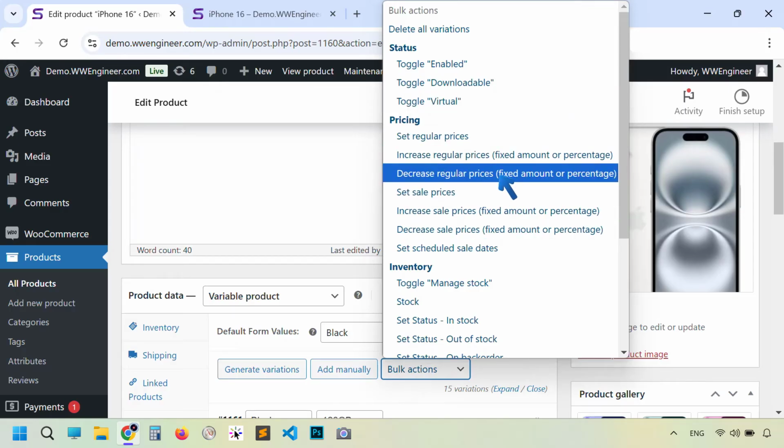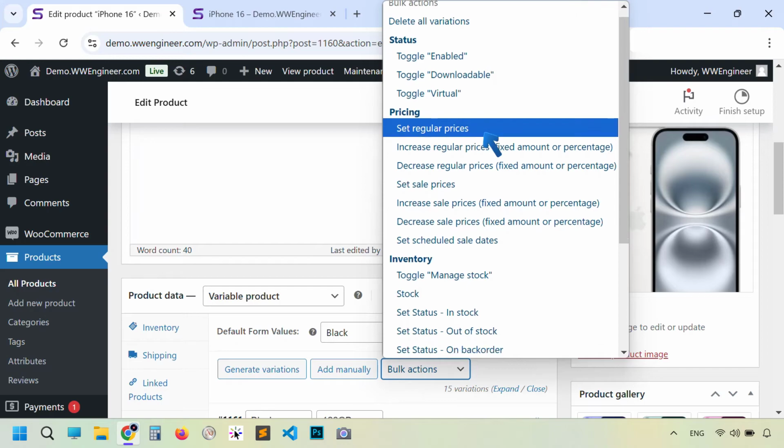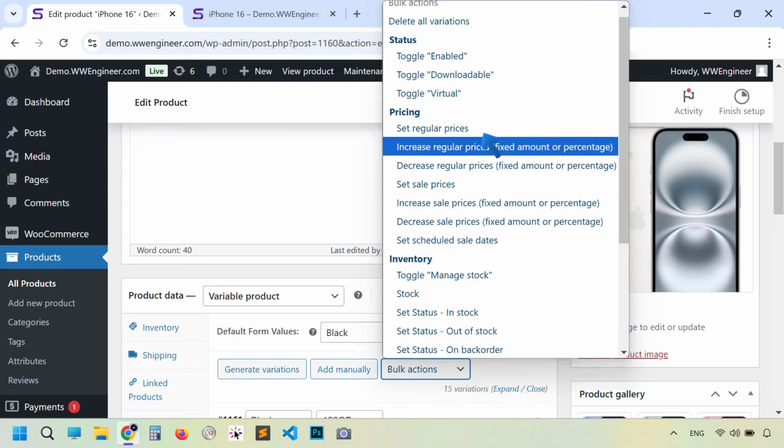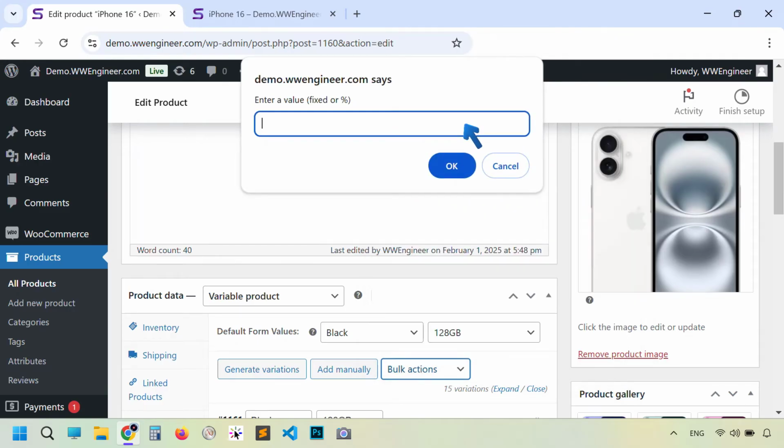So in pricing tab you see set regular price. Also you can set regular price here. We have already put regular price, and then increase regular price by fixed amount or percentage. Let me show you the usage. So if I click this, first let me add a fixed amount like 100.